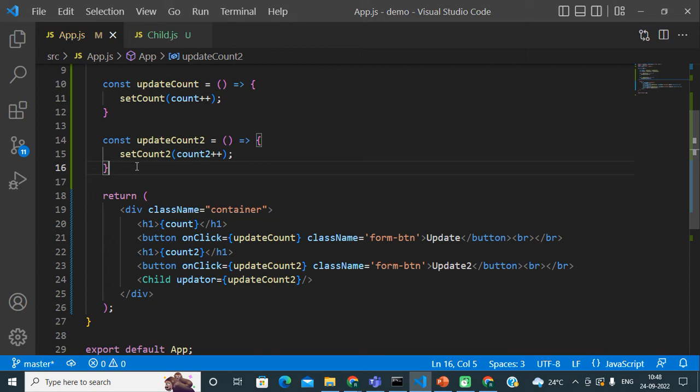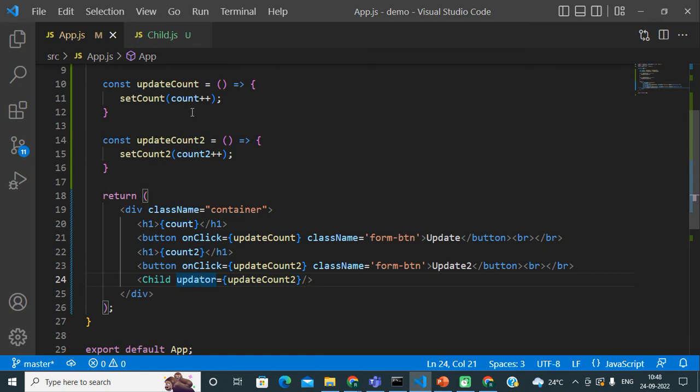They are getting recreated because of the referential equality concept in JavaScript. And as they are recreated, on every re-render of the parent component the child component is getting a new function, and that's why its props are getting updated.